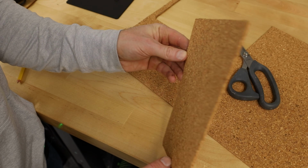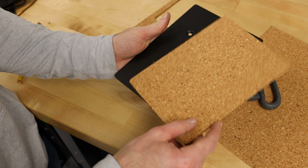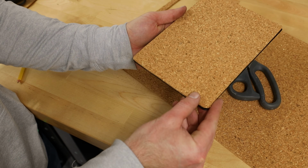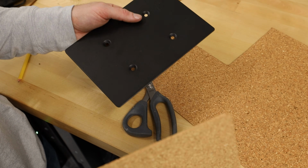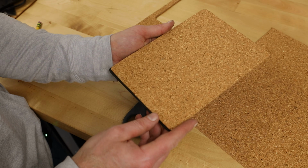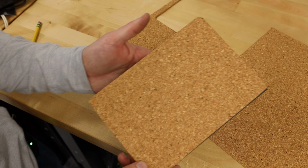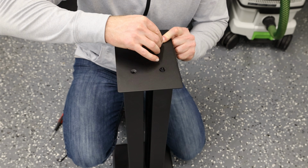Just like that, we've got a nice little topper. It's gonna sit on here, just like this. If you guys wanted, you could easily apply some sort of glue to this, double-sided tape, anything like that too. Or you can just leave it. The speaker weight's gonna hold it down. Up to you. I can't think of anything this time where I'm gonna have to take this apart again, but